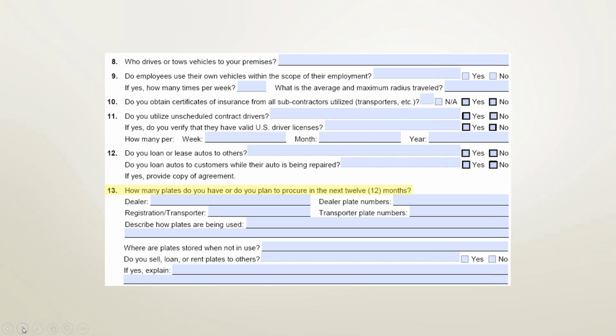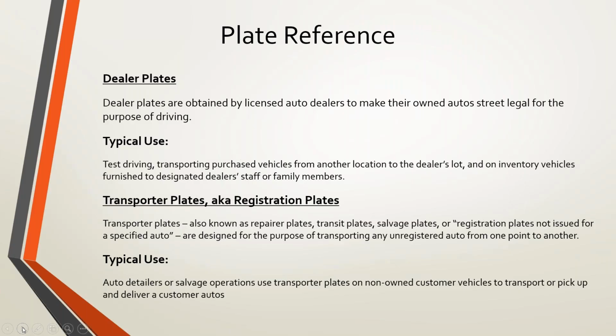Okay, now we're going to get into dealer plates here, the last question on this page. How many dealer plates do they have? How are they being used? How are they stored when they're not in use? These are all questions to pose to your client. On the next slide I put brief descriptions of what a dealer plate is and also what a transporter plate is. If you wouldn't mind going to that next slide,